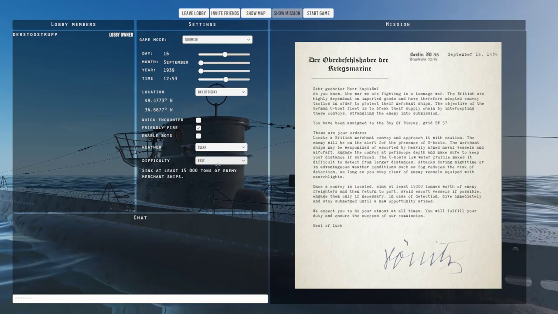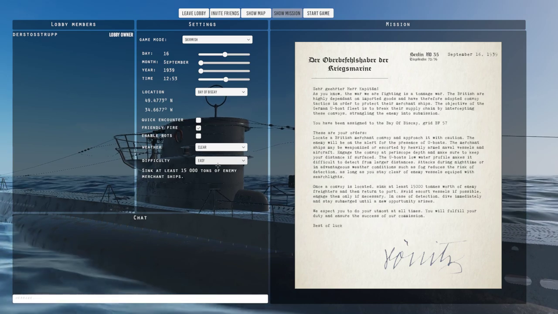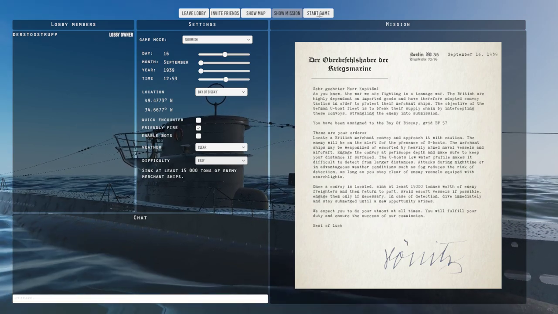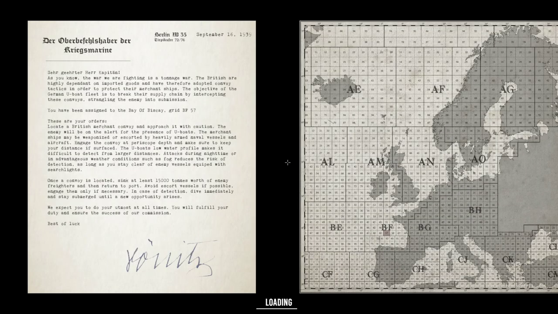But for this, because of all the moving pieces with the attack disc and everything like that, I'll keep it on easy. And so let's go ahead and launch the game. Hopefully we get a pretty decent spawn here. If not, then I will